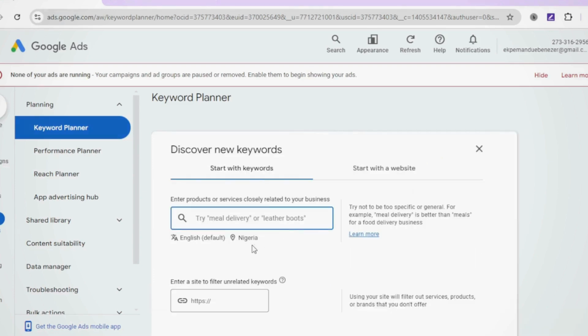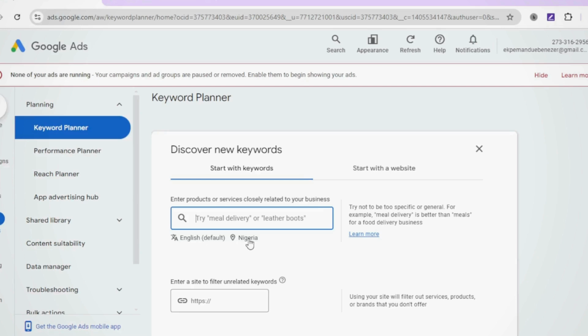So when you click on it, it will redirect you to another page. So this is the other page it's going to redirect you to. The page it's going to redirect you to is your location. All right, so this location actually works if you are trying to target a particular location, to know what